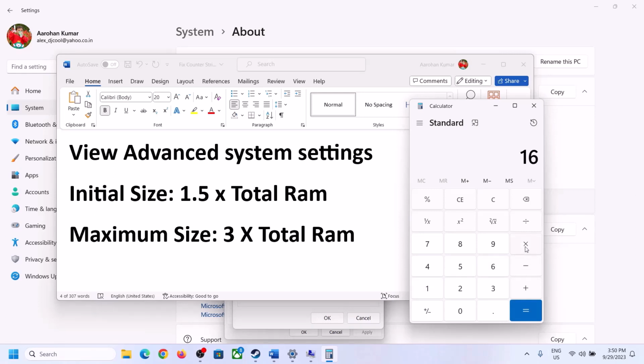16 into 1024, is actually 1 GB is equal to 1024 megabyte. So 16 GB in megabyte will be 16384. This is my total RAM in megabyte. Now 1.5 into total RAM, that is into 1.5,